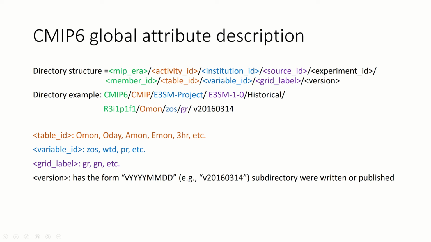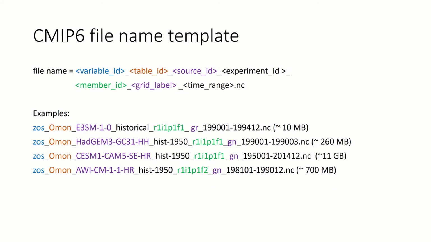Okay, the variable IDs, the variables that you are interested in. So here, for example, this is ZOS, sea surface height, this is water table depth, this is precipitation and so on and so forth, whatever variable you are interested in. And this is the grid variable I talked about, this is regridded data, this is a native grid, and the version subdirectory where the data was written or published, when the simulation was completed or published, something like this. The file name is the same things repeated, except what will differ is the